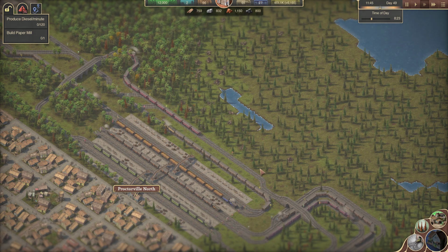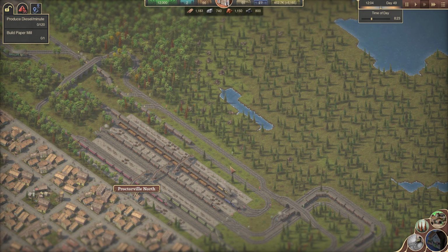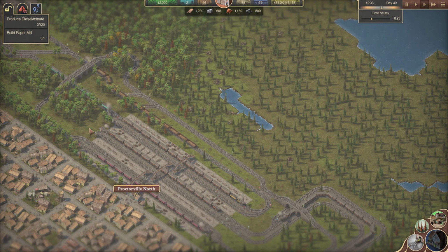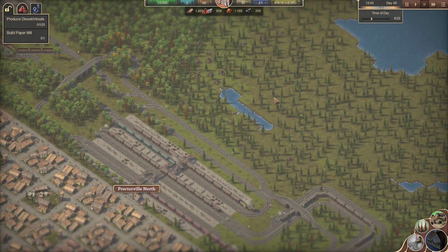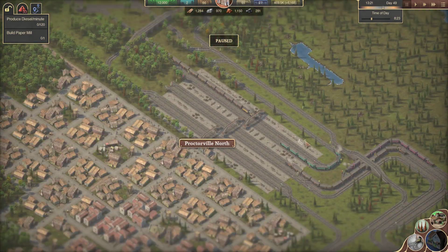Now we do have a danger here with these extra freight trains. We could actually end up in a situation where we can't get the passenger train in here. Couldn't we? Yes, we could. Shoot, shoot, shoot. So,